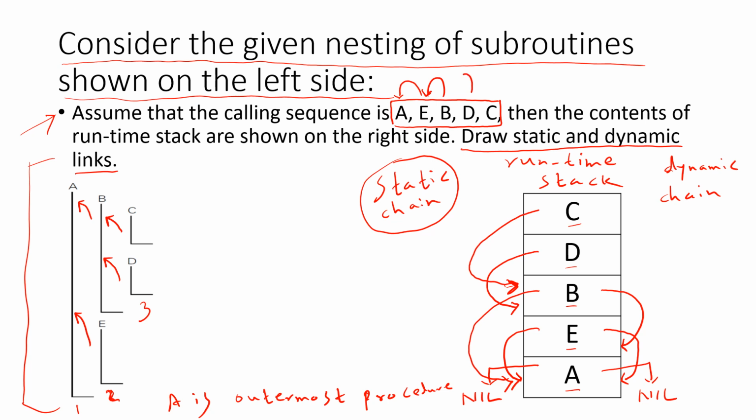Then we see that D is called by B. Hence, the dynamic parent for D is B. So the dynamic link for D will point to its dynamic parent, which happens to be B. Likewise, C is called by D. So D is the dynamic parent of C. Hence the dynamic link for C will point to its dynamic parent, which is procedure D. So these are the dynamic links we have, and the collection of these dynamic